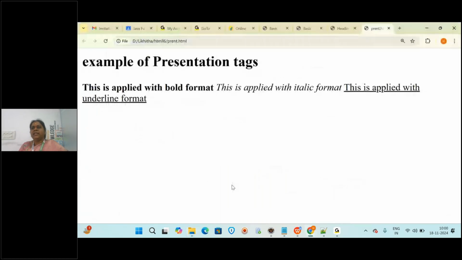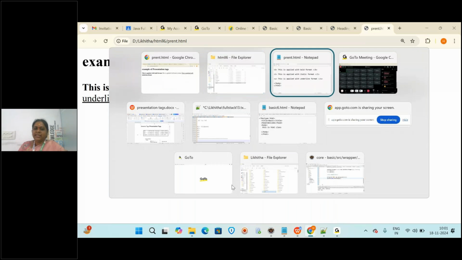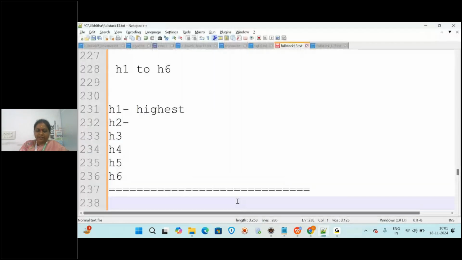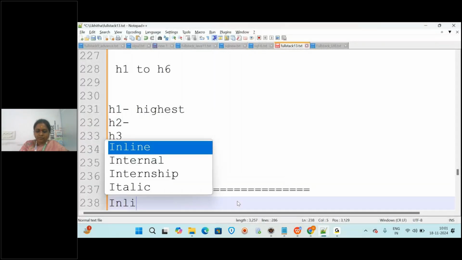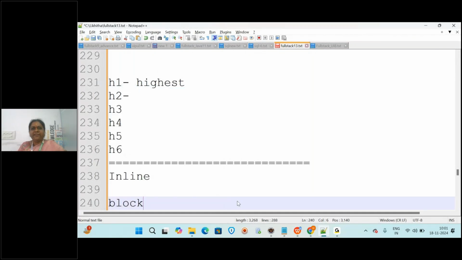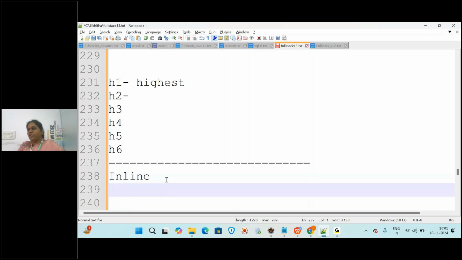Why? Because in HTML, total elements or tags we have two types. One is inline element and the other one is block level element. Okay, so total we have two types. One is what? Inline, and the second one is block level. These are all predefined tags only. We are not creating them ourselves. HTML has already developed the tags, we are just using them. So few tags are inline tags, like what we wrote now: bold, italic, underline. Means it will be coming in the same line. It cannot come to the new line.